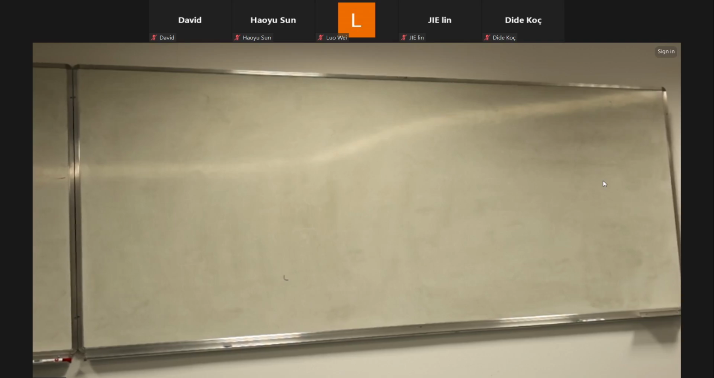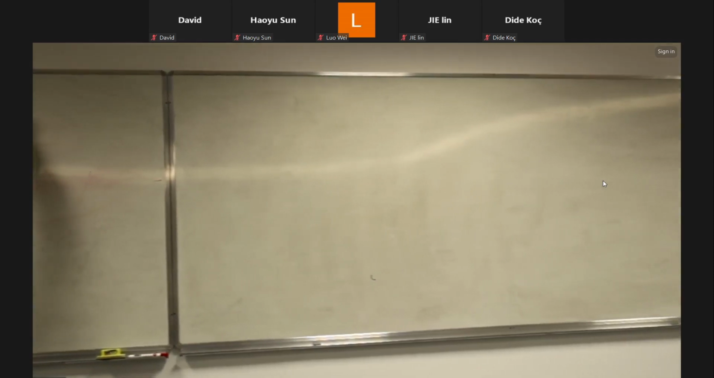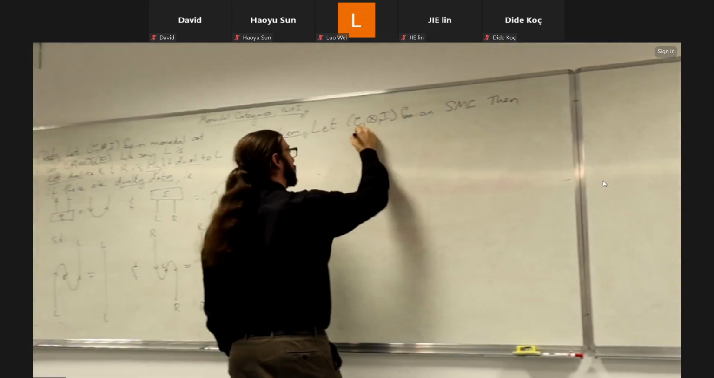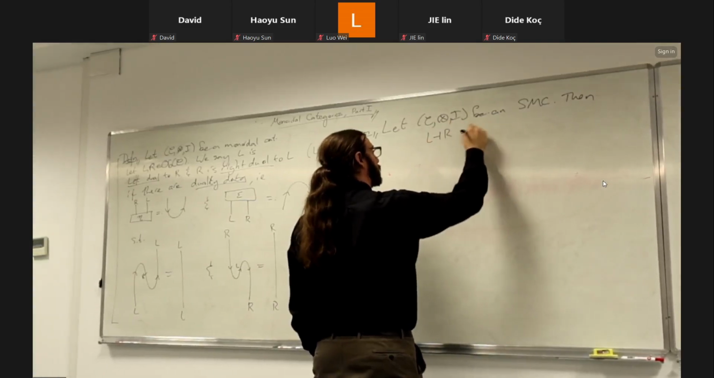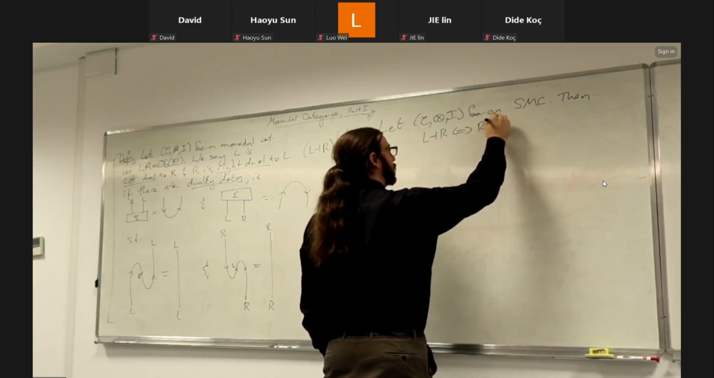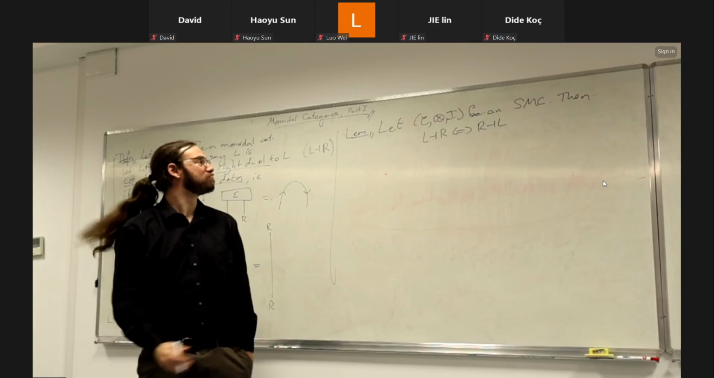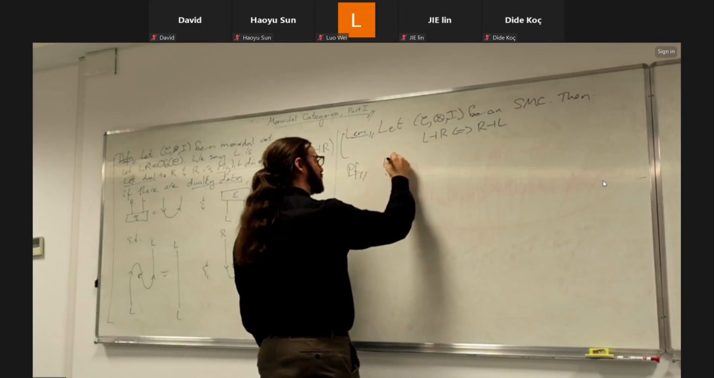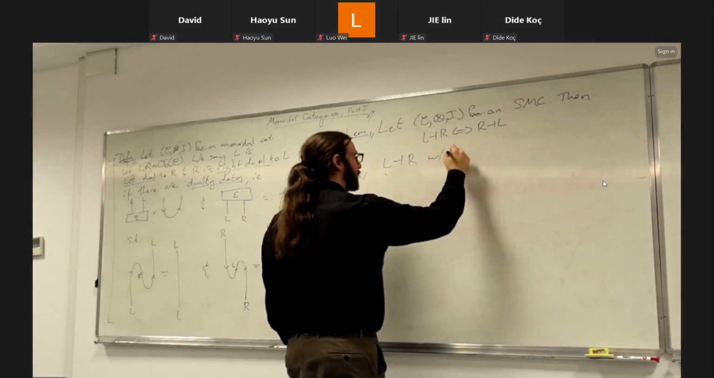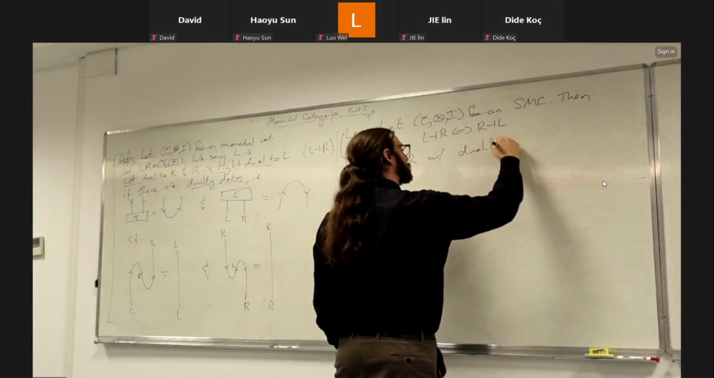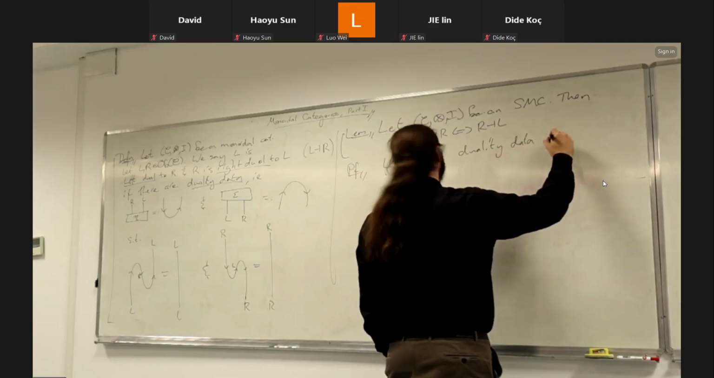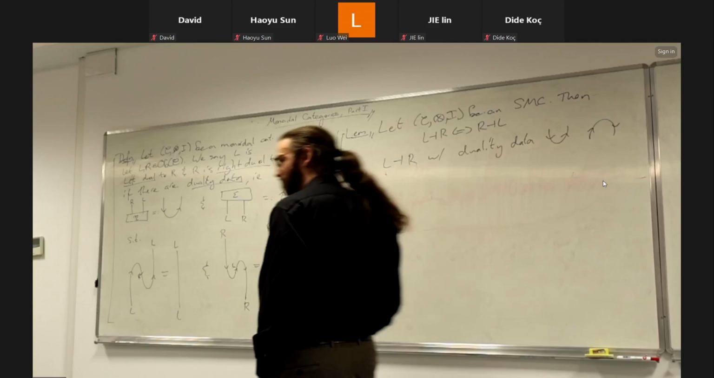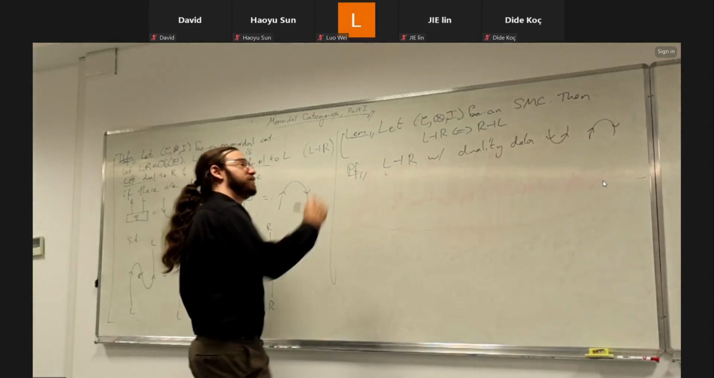Let (C, ⊗, I) be an SMC. Then L is left dual to R if and only if R is left dual to L. As a proof, we say L is left dual to R with duality data, and so then we'll define